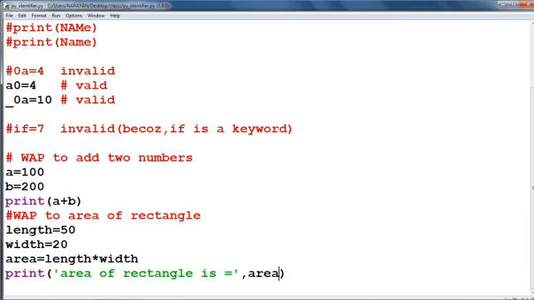Now in these two programs we have taken the input by ourselves. That means the developer is taking the value of length, and the developer is taking the value of width.